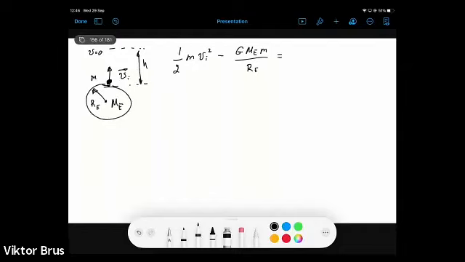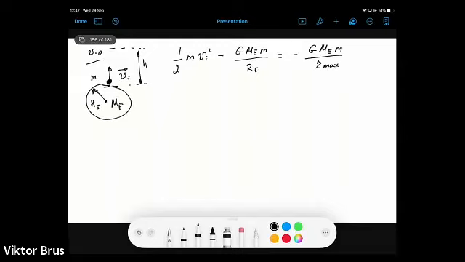At the final stage, we will not have any kinetic energy because we are interested in the moment when velocity is equal to 0. So then there will be only potential energy, which is G times mass of the Earth times mass of the projectile